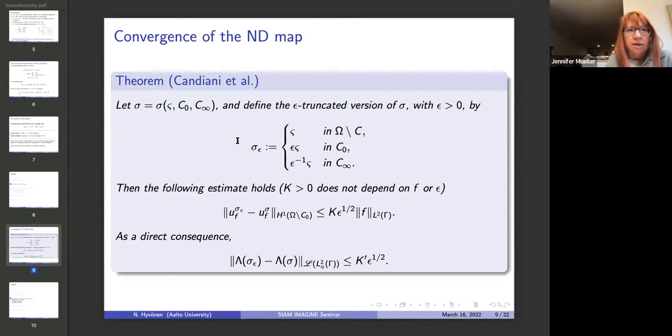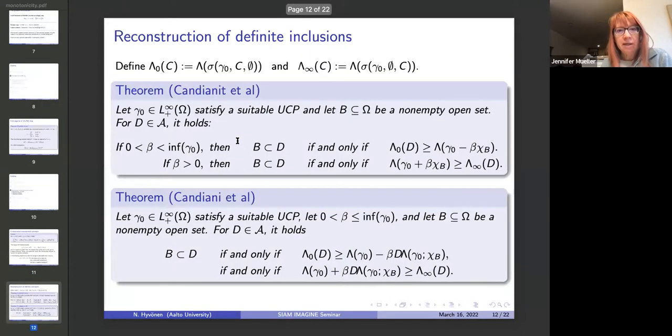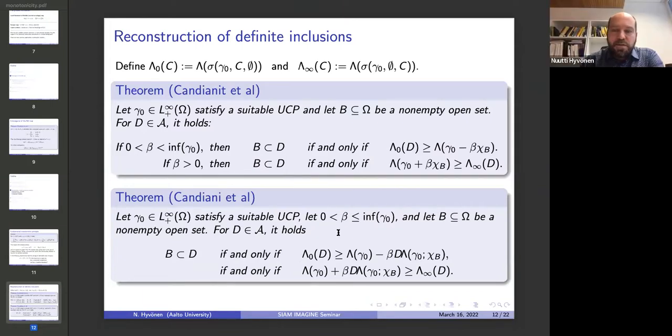I have a question. So Nuutti, in practice, I'm not quite clear on the practical role of the lambda 0 and the lambda infinity. Would you need to compute those from simulations? Yes, so in this case that wouldn't be so difficult because, okay, in this case, when these first two